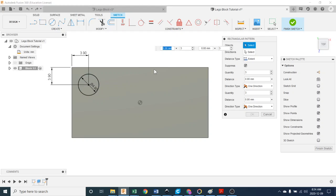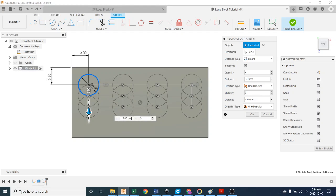I'm going to set up my rectangular pattern for this again. I'm going to pull it out. I'm going to tell it 4 in that direction, and I'm going to go negative 24 in this direction. Okay, that looks good. Now I'm going to pull this arrow down this way, and I'm going to do the